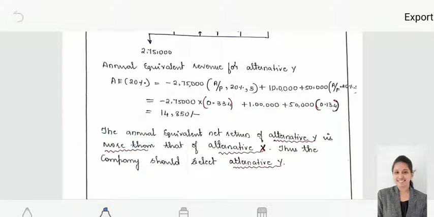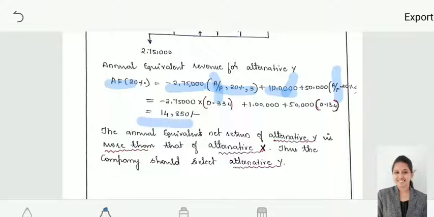So here the annual equal return for Y is minus 2,75,000 A by P plus 1 lakh. This I am considering as 1. Here I am considering annual equivalent to the present worth, so A by P. Now I am considering annual equivalent to the future worth, so A by F, because 50,000 is my salvage value, that is the future amount that I will be getting. Thus, considering both the factors and solving here for the annual equivalent for alternative Y, I am getting